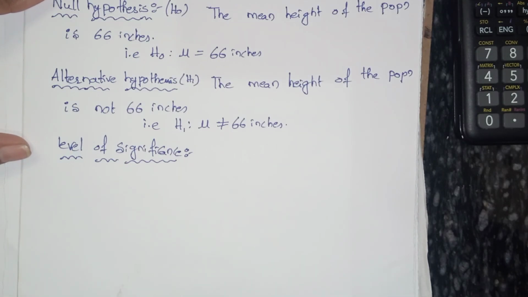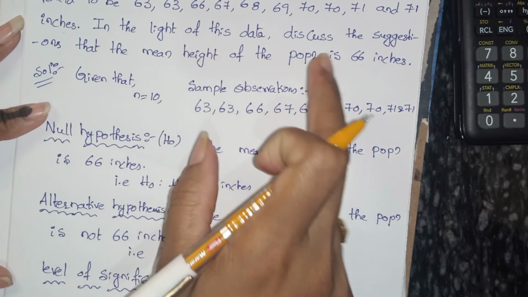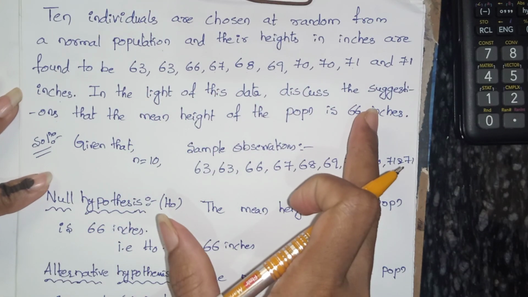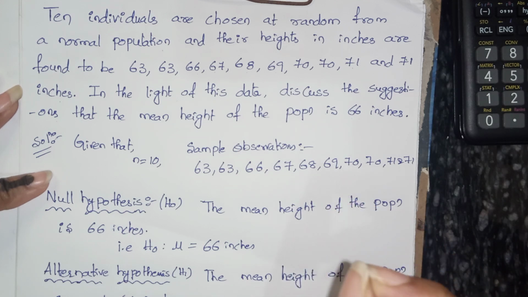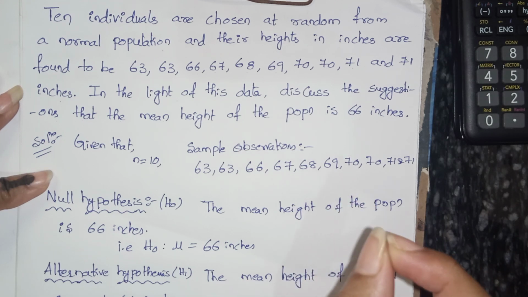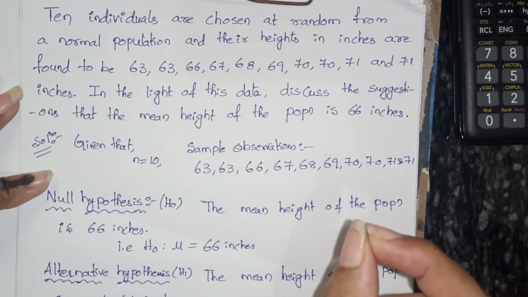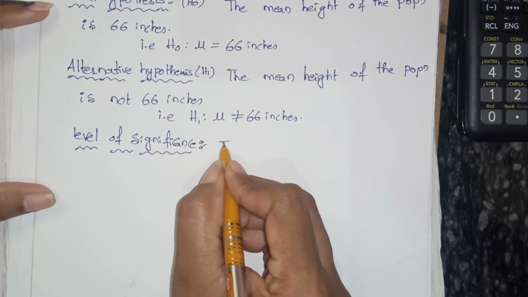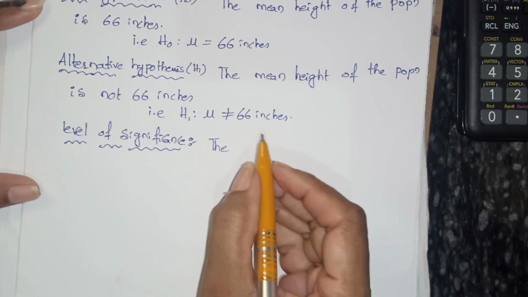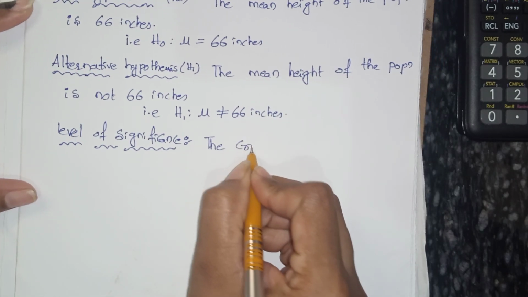Particularly, they did not give any level of significance. If they do not give any level of significance, we have to use 5%, that is 0.05. So the critical value or table value